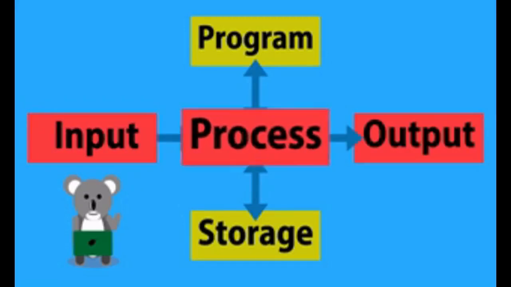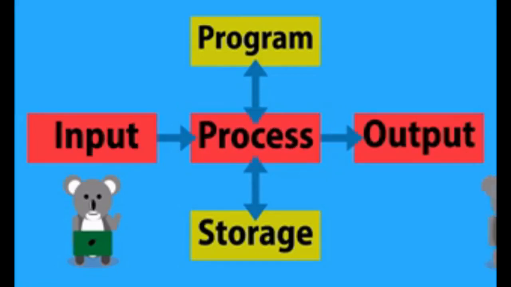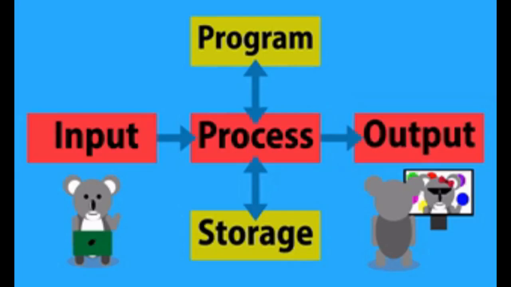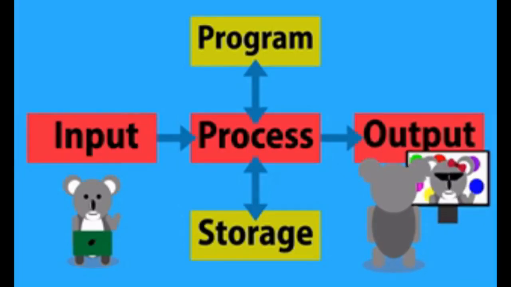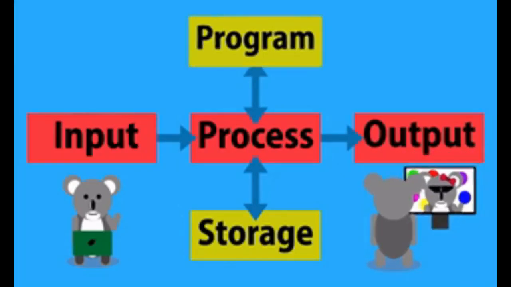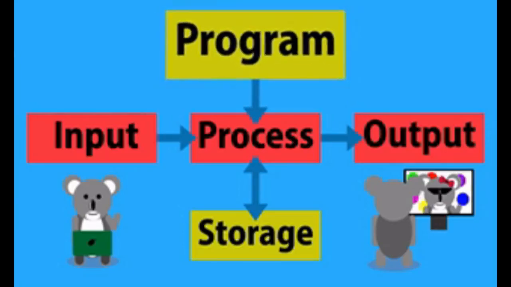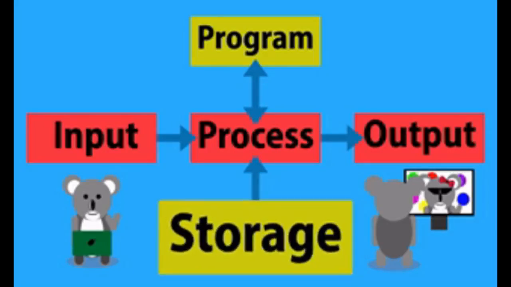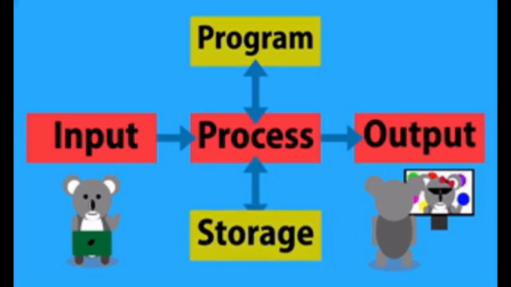So after entering the data or the instruction in computer, the CPU, which is central processing unit, works on input and gives it a meaningful information. This is called your processing. When the data is processed in CPU and the meaningful information is obtained from the given data, it is then displayed through the output.